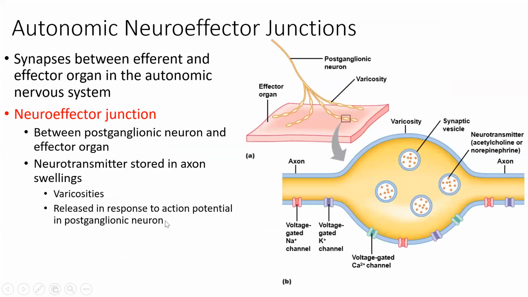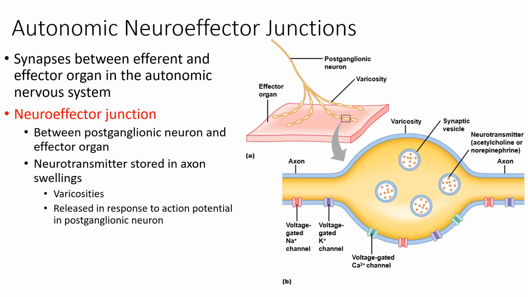Let's talk a little bit about the neuroeffector junction. So the neuroeffector junction, we talked about it loosely before, is the synapse between the second neuron, the postganglionic neuron, and the actual effector organ or effector tissue. And so it's really going to look different than the neuron to neuron synapse. So basically the preganglionic neuron and the postganglionic neuron, that synapse, it's also going to look different than skeletal muscle